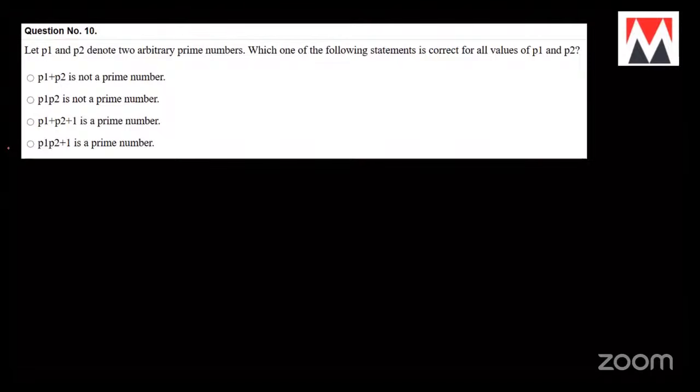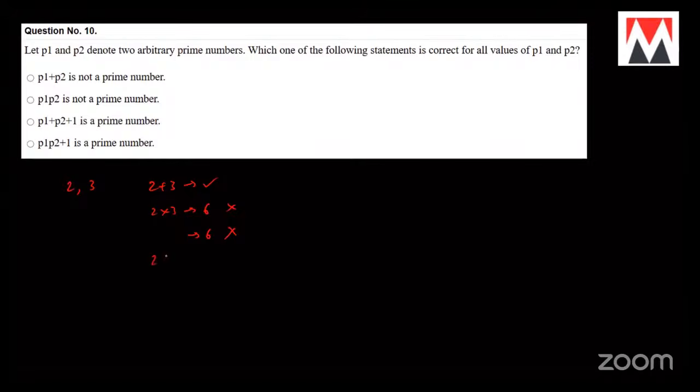So whenever this type of questions are given, they have given arbitrary prime numbers. So you can take any prime numbers, especially if both are different. I mean, different means one even, one odd, it will be better because except 2, every other prime number will be odd. Only 2 is an even prime number. So now if you take 2 into 3, is it a prime number? First we'll check with 2 plus 3. Prime number, it worked. 2 into 3, 6. It's not a prime number. 2 plus 3 plus 1 is 6. Is a prime number, it is saying. This is also this. Right?